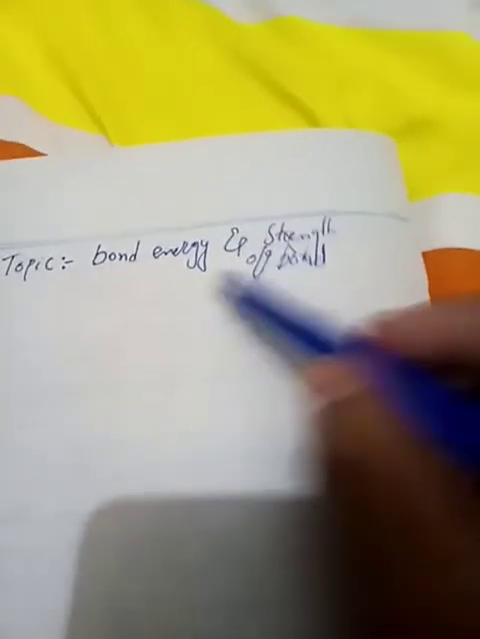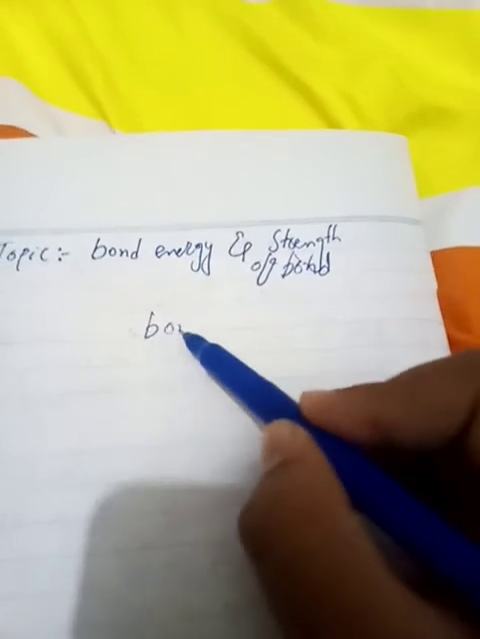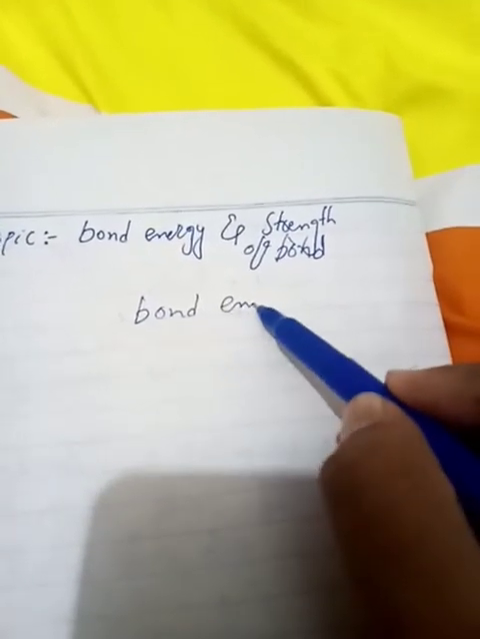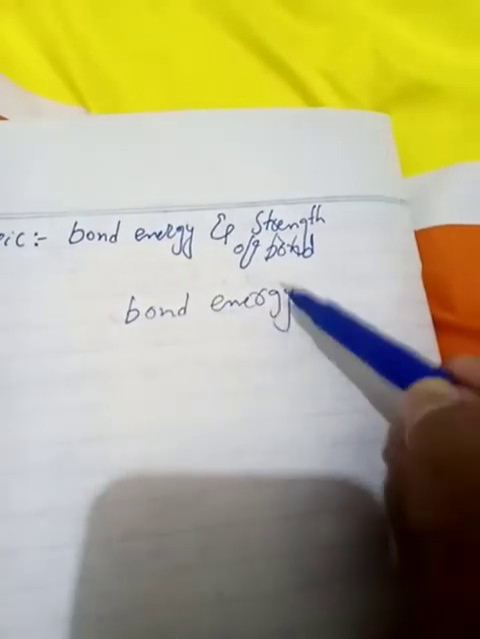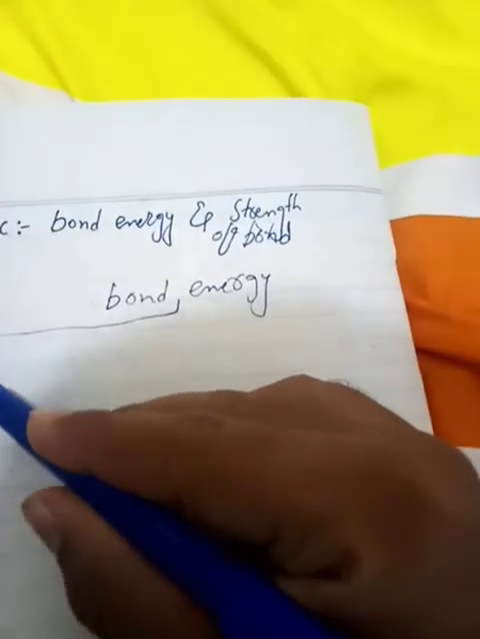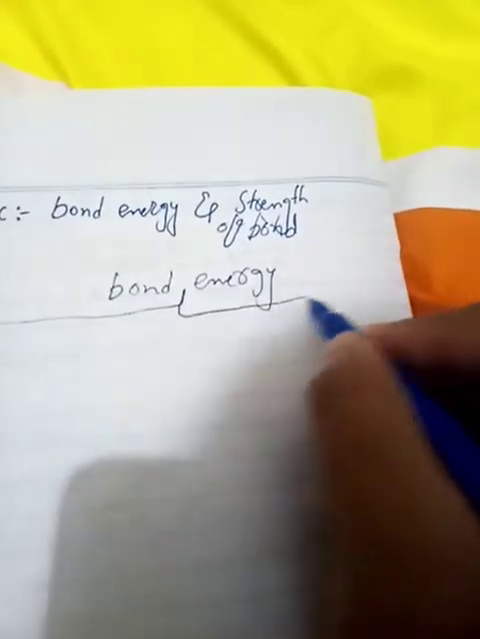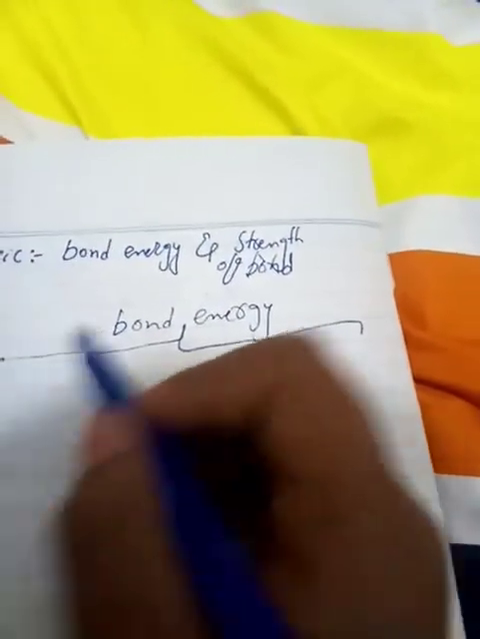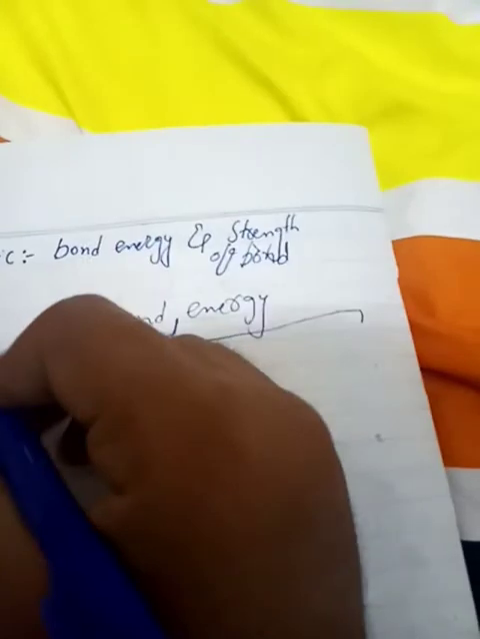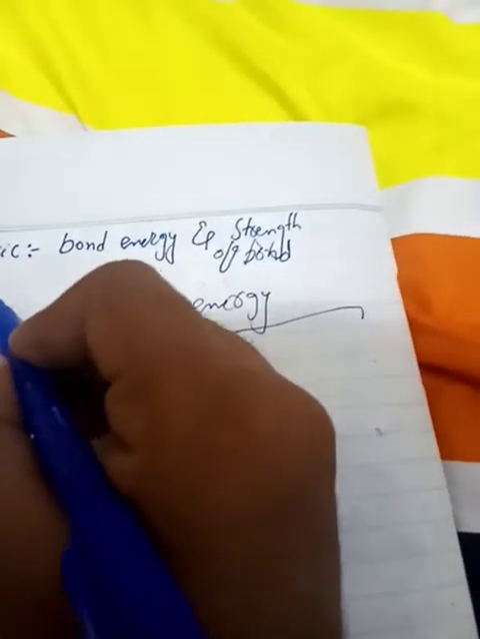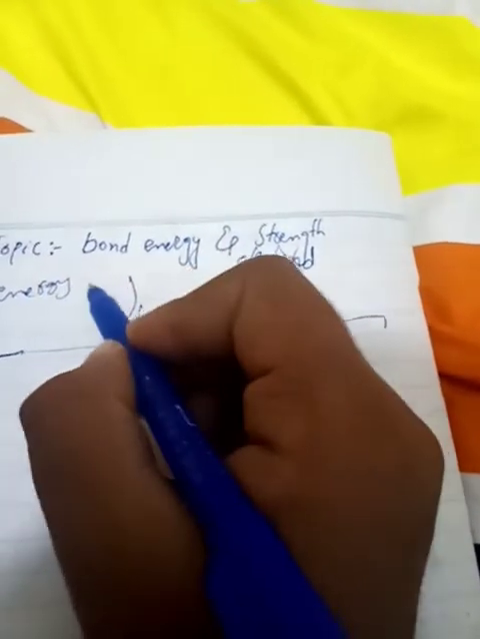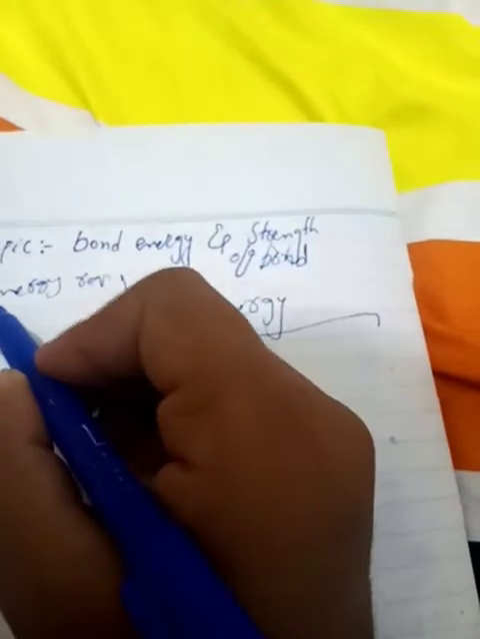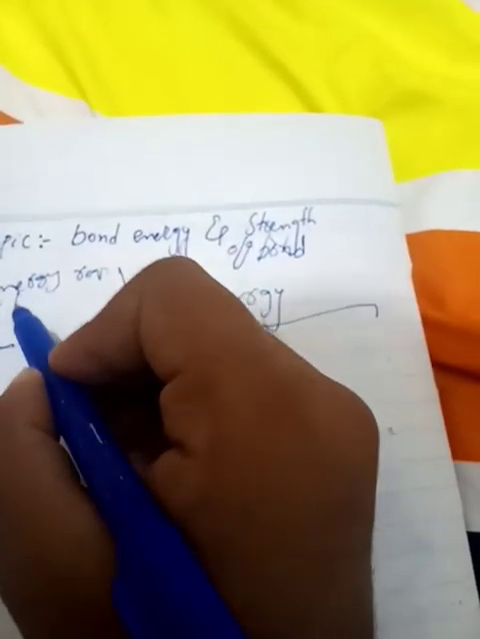Today our topic is bond energy and strength of bond. So going with the bond energy, the definition of bond energy is the energy required to break the bond, means to break the bond. Wait, I'm writing here. Energy required to break or to form the bond,